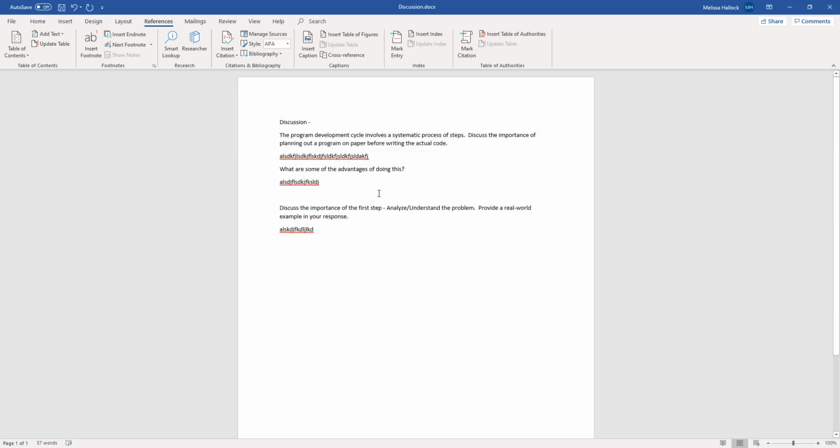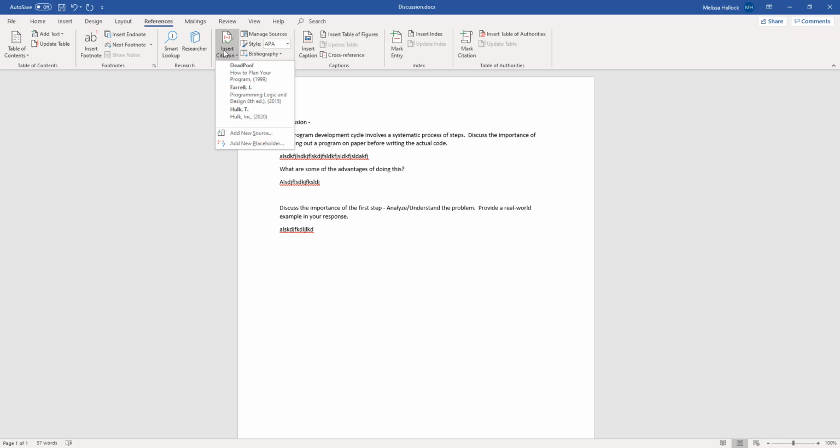Now say that I want to show that this sentence that I made came from a specific source. That's called an in-text citation. So basically what it does is it tells us where in the text that we're writing we pulled our reference information from. So let's go up here and click on Insert Citation, and then choose the one that sentence is